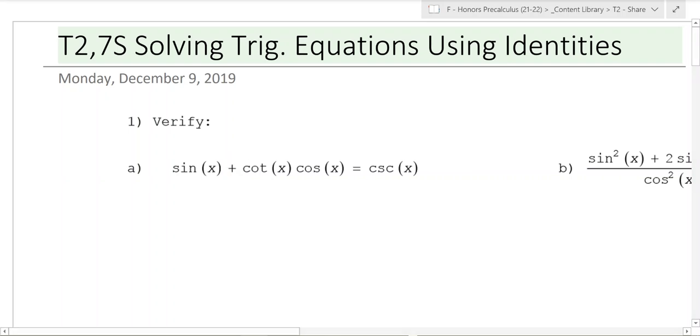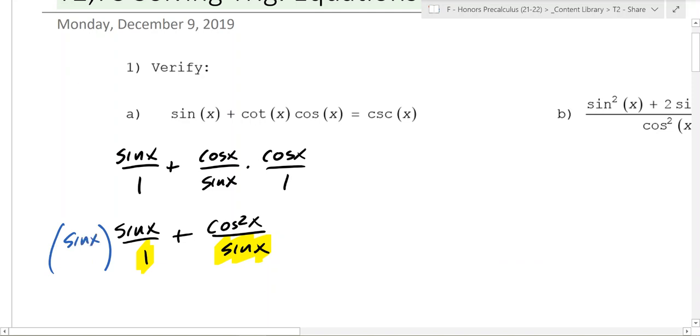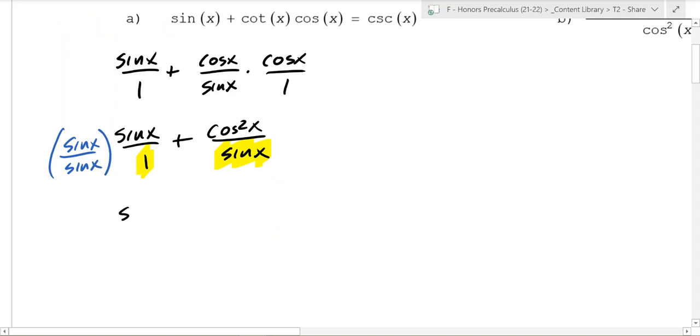So in this case, what we're going to do, can't do anything with sine, so it's just sine x over 1. Cotangent is defined as cosine x over sine of x, and cosine right there is just cosine x over 1. So what do you do in this case? Well, you end up with sine x over 1 plus cosine squared x over sine of x. And to add fractions, you need a common denominator. So we're going to multiply this one by sine of x over sine of x, because that's just a fancy form of 1. And that makes the fraction on the left sine squared x over sine of x,